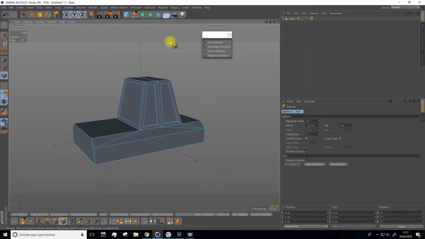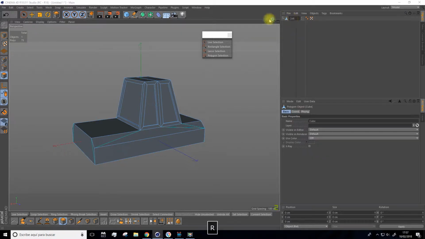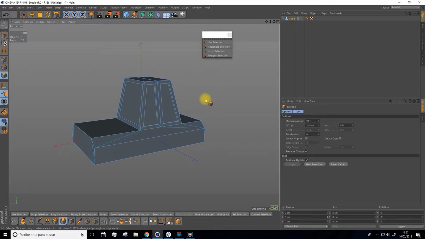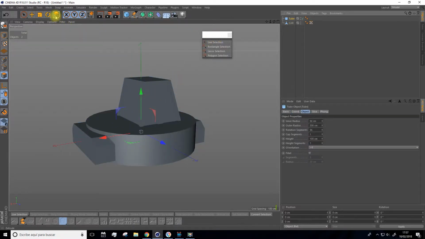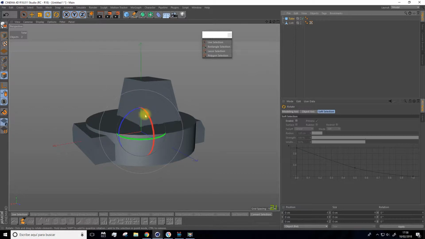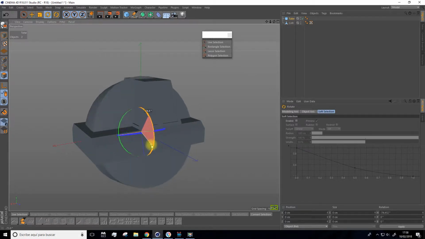Well, guys, now we are going to incorporate a new piece that's going to be separated from this cube object. I'm talking about the fender. For this, go to Primitive and create a tube. Okay, so once you have the tube, rotate it like this